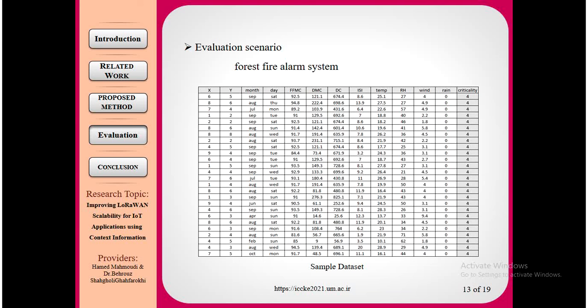The server is supposed to calculate the time of the next wake-up of the sensor according to the situation inside the network, density, service quality needs, and so on, as well as the context information that it receives from outside of the network, like the meteorological organization. An example of past meteorological information is shown in this figure. The last column of the dataset is criticality, which is the tag of the row.